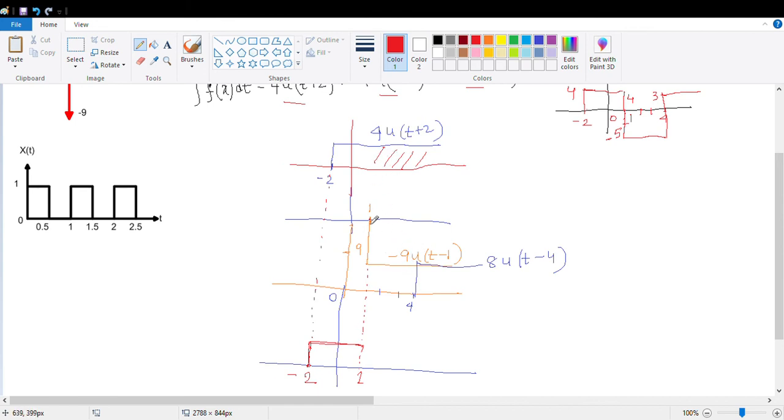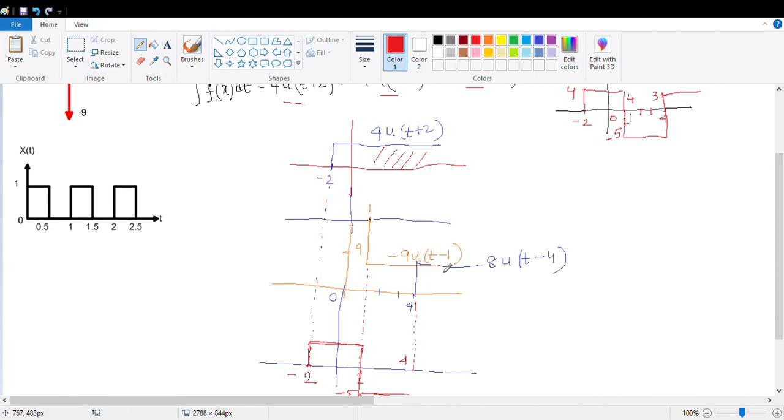So what is the resultant? The resultant is basically -5 in the lower direction. So from here up to this it was 4, and after this point it will be -5. I am getting -5 here. How far will it be -5? It will be -5 up to this 4, because there was no additional signal present within this.